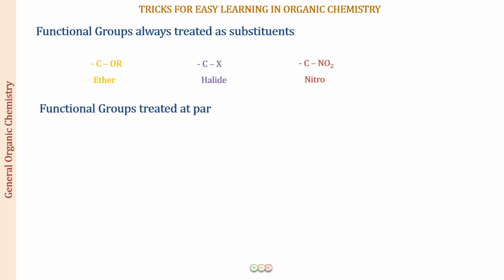And there is one more thing, the functional groups which are treated at par, the double bonds and the triple bonds. Whenever they are present together, which is going to be used in preference, well, you all know that you have to follow the lowest sum rule. So you start the numbering either from the alkene end or from the alkyne end and see which gives the lowest sum. But in case the lowest sum rule gives the same number when we start from the alkene end or the alkyne end, then you have to remember that the alkene is given preference for a lower number than the alkyne, but we name the compound as a derivative of the alkyne, right?